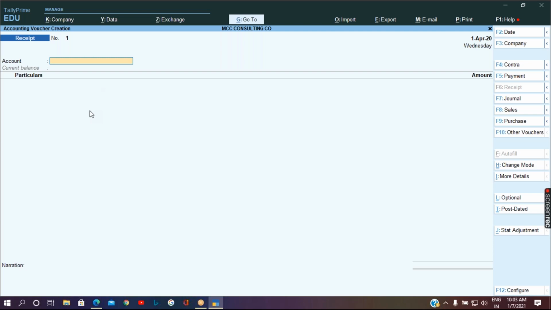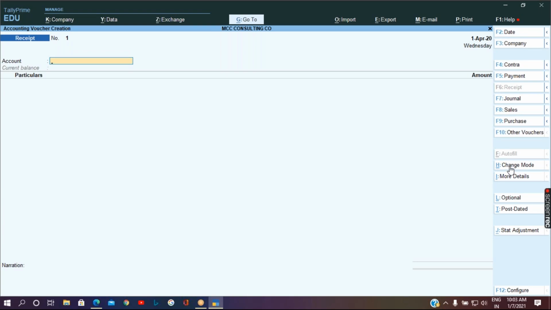So here, whenever you're passing any transactions, you can pass the transactions in multiple modes. So to check it out, which mode are we in? We can click on Control H. There is a double underline under this H. So it is Control H, that is the change mode option.